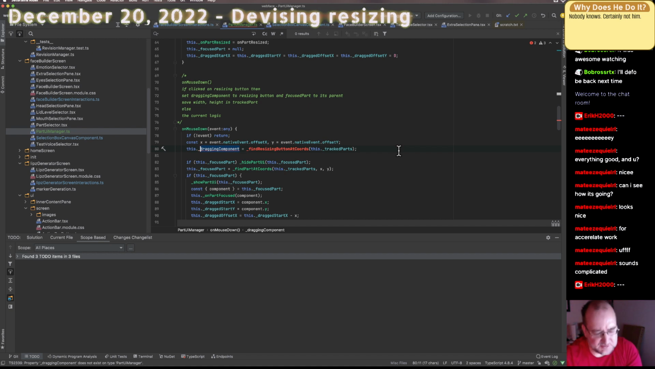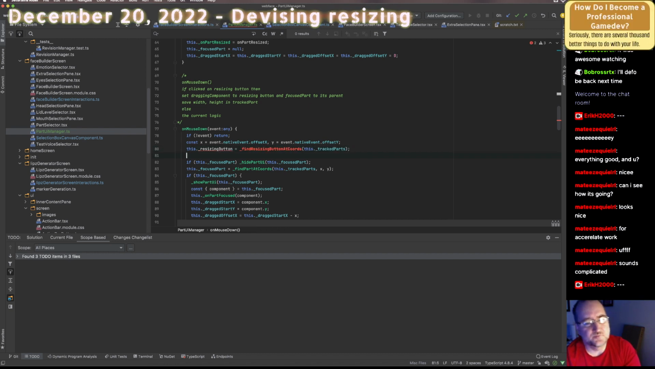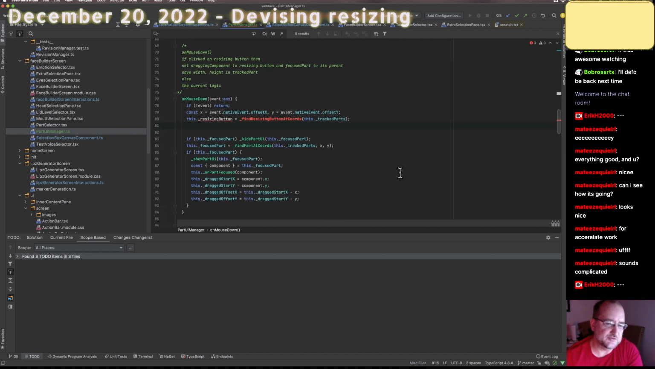Why don't I just change that name a little bit? Resizing component. Or even just resizing button. Okay, so then I gotta think about all this other stuff too. So if resizing button is true,